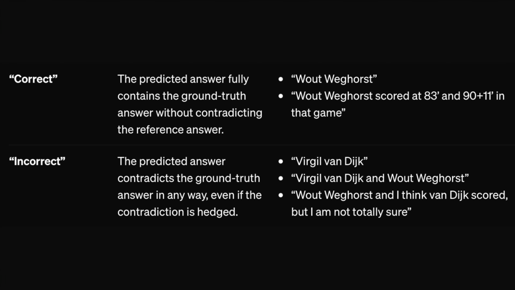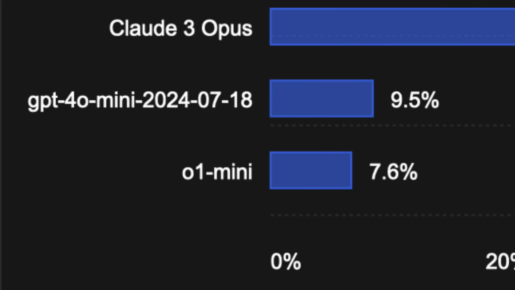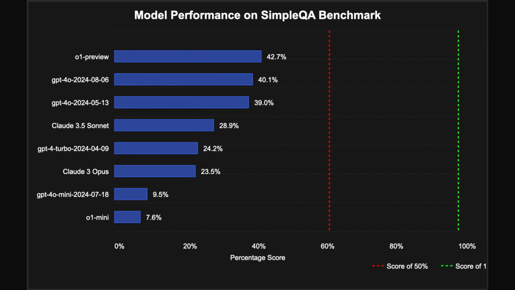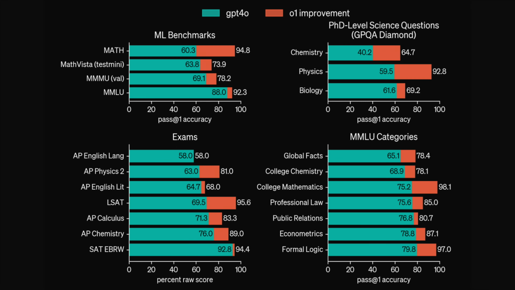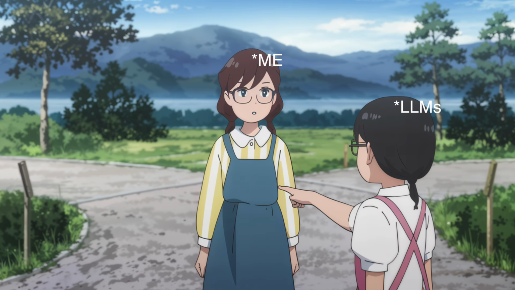So let's get into the actual scores. What do you think our favorite state-of-the-art models will score? Let's start with our hero, our most favorite, O1 Preview. How much does that score? 42.7%. And what about O1 Mini then? 7.6%. Oh, and the underdog 3.5 Sonnet that we all love? 28.9%. And this is the reason you don't see this benchmark in the fancy charts they present in their model announcement blogs. So this means whenever you ask a query, it's most likely to give you a wrong answer.